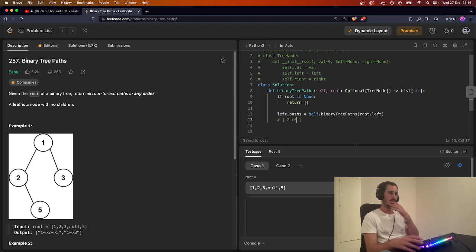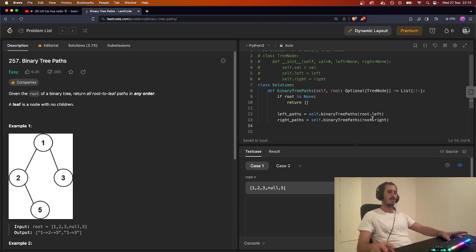Something like this. And then I would just do 2 to 5. Right paths, same thing. Right. And now,